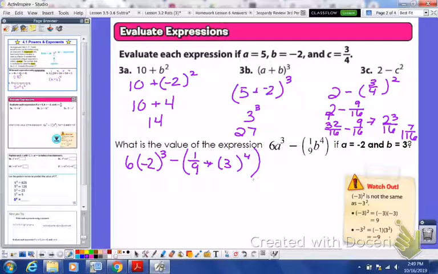Okay, I know I need to take care of exponents before I can take care of multiplication, following PEMDAS. So 6 times -2 times -2 is a positive 4. Positive 4 times -2 gives us a -8, so watching our signs there. Minus 1/9